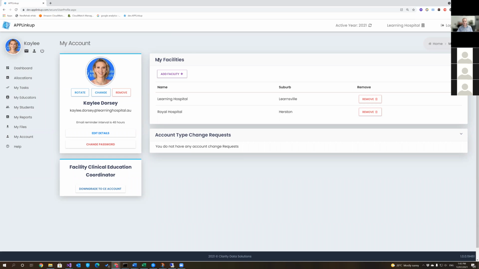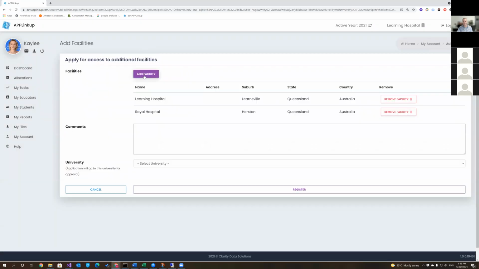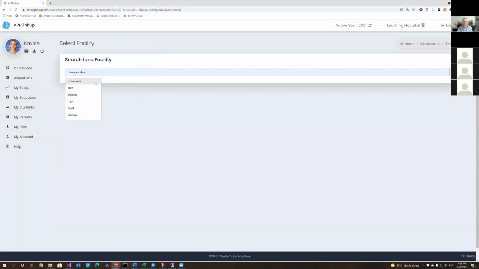Other things on this screen, you've got a list of your facilities up here. If you are leaving a facility, you can remove yourself from an association with that facility. So remember, the facility coordinators at that other facility can do that as well. But if you want to do it yourself, you could remove a facility here. Or if you're joining another facility, let's say that you've got a part-time job at a new facility that you're now going to take on that coordinator role for, you can click on Add Facility and you can go through that process of searching for a facility,